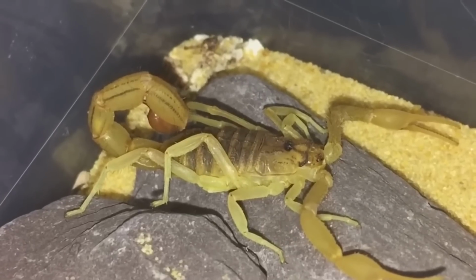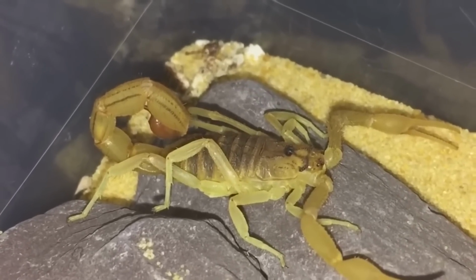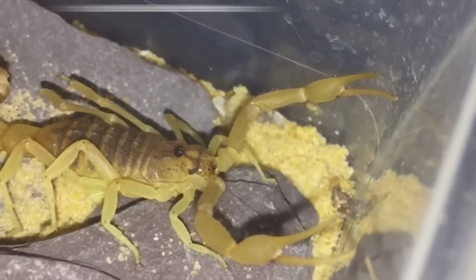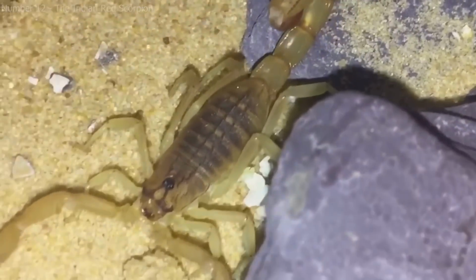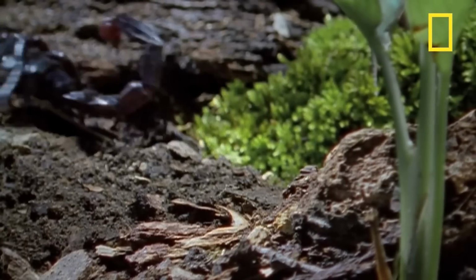Well, this scorpion you see in the video, he's my Hottentotta tamulus, the Indian red scorpion. Number 12. The Indian red scorpion. The Indian red scorpion is a species of scorpion found in India. It is one of the most venomous scorpions in India and can be found in the western and central regions